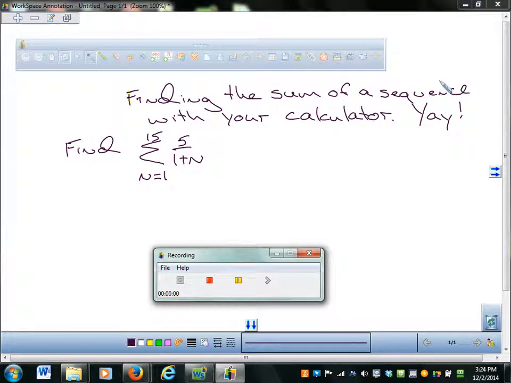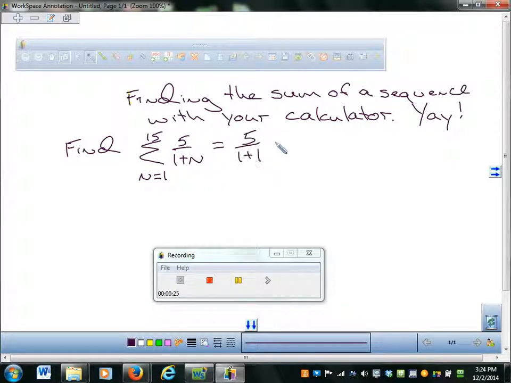How to find the sum of a sequence with your calculator. This will be a quick little video, I hope, without any mistakes. So I'll probably make a mistake. Say you want to find the sum of this sequence, the sum from n equals 1 to 15 of 5 over 1 plus n. So this would be equal to 5 over 1 plus 1, plus 5 over 1 plus 2, plus dot dot dot,